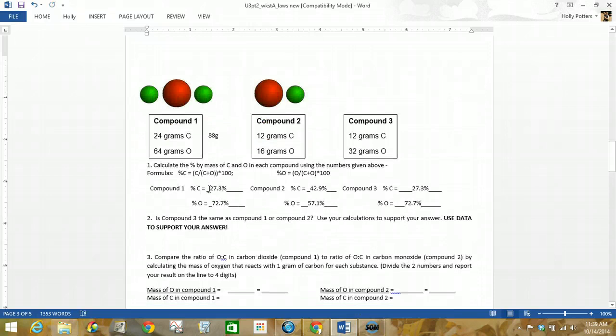So notice if I compare compound 1, it has 27.3% carbon, 72.7% oxygen. Compound 2 has different percentages for carbon and oxygen. Compound 3, however, has the same exact percentages as compound 1. So to answer question 2 here, compound 3 is the same as compound 1, and supporting my answer with my data is that it has the same mass percents as